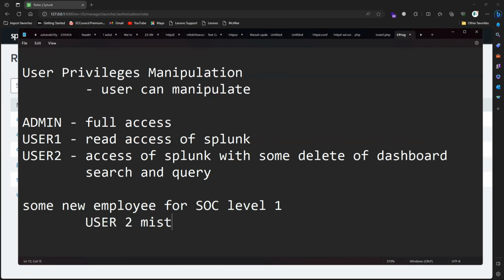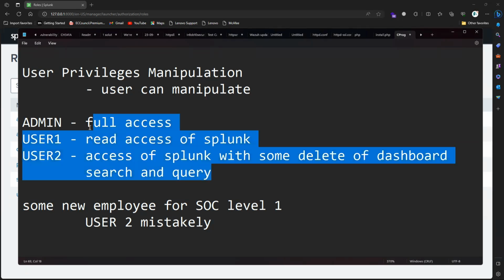Maybe at that time you were not in proper work mode or didn't check, or even if you checked, you mistakenly clicked that capability option and gave the new employee user 2 access. That user can then manipulate or play with your full Splunk infrastructure because they can